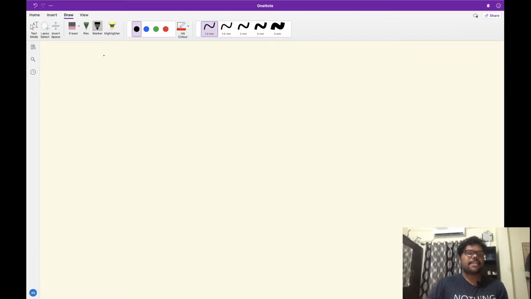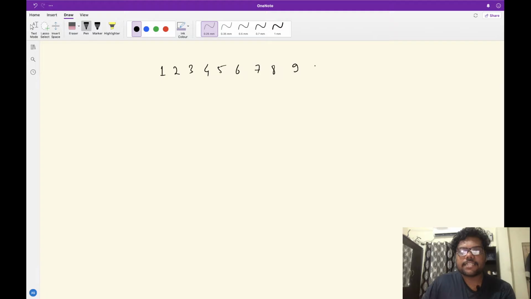For example, let's say I have this sorted list: 1 2 3 4 5 6 7 8 9 10 11 12, right? And the predicate that I'm looking for is, I need to find the index of the first element which is greater than 9, let's say.